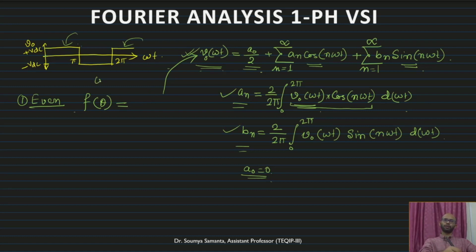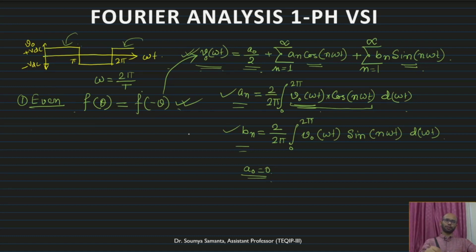What is omega? Omega is equal to 2 pi by the time period T. Now if f of theta is equal to f of minus theta, and this is satisfied, then we can say that the waveform has